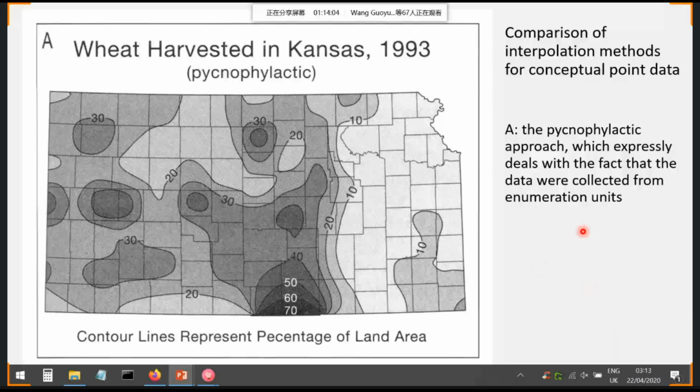So this is the pycnophylactic approach, which expressly deals with the fact that the data were collected from enumeration units. But one problem that you see here, you get very high numbers here in this area. So if you compare this with the Kriging method,